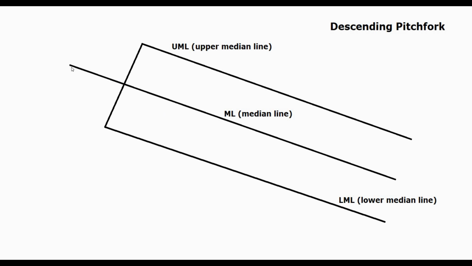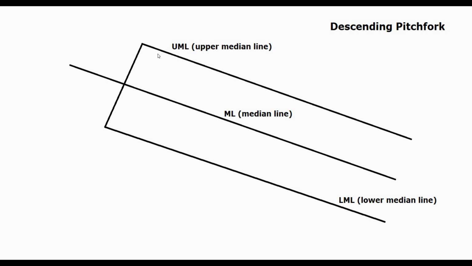So after you select 3 pivot points, 1, 2, 3, the platform draws the descending pitchfork, and you'll have the upper medium line, the medium line, the lower medium line. So in this case, the upper medium line should be used as a dynamic resistance. The medium line represents the first downside target. The lower medium line should be used as a second downside target if the price drops and stabilizes below the